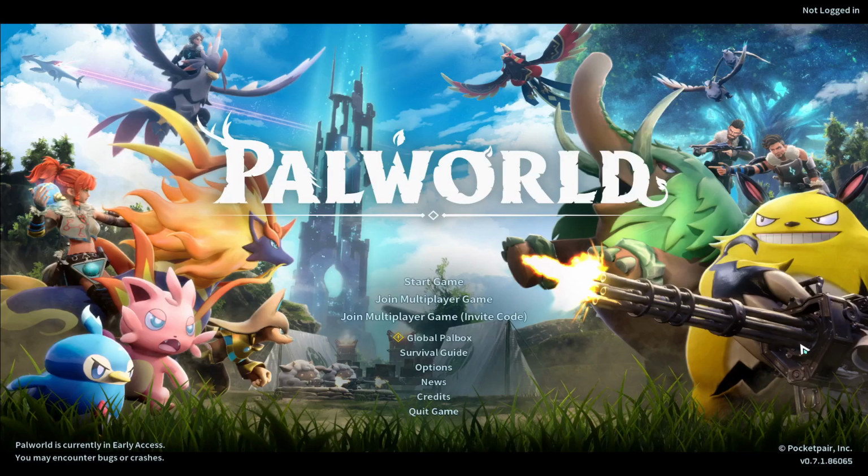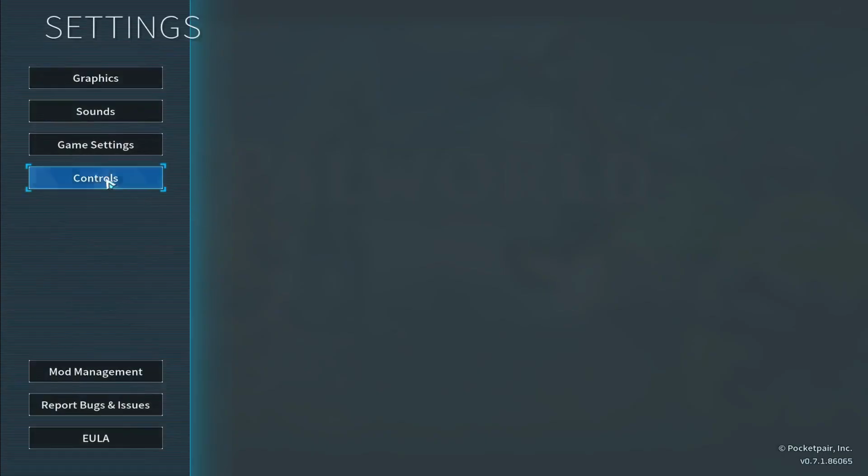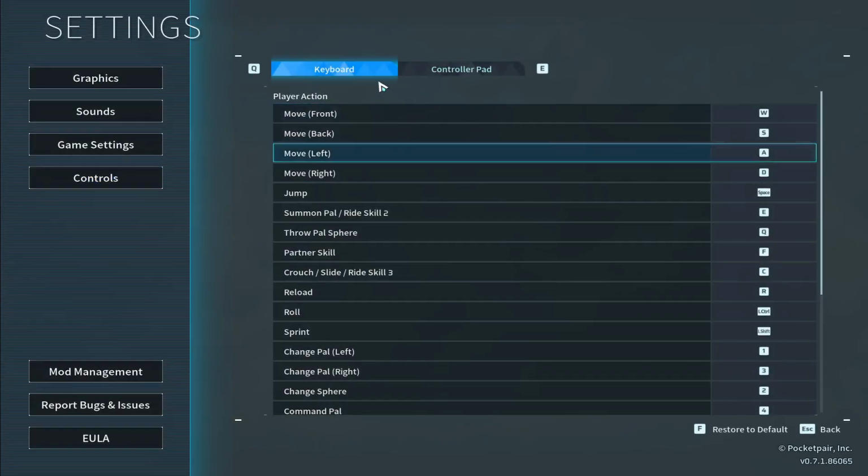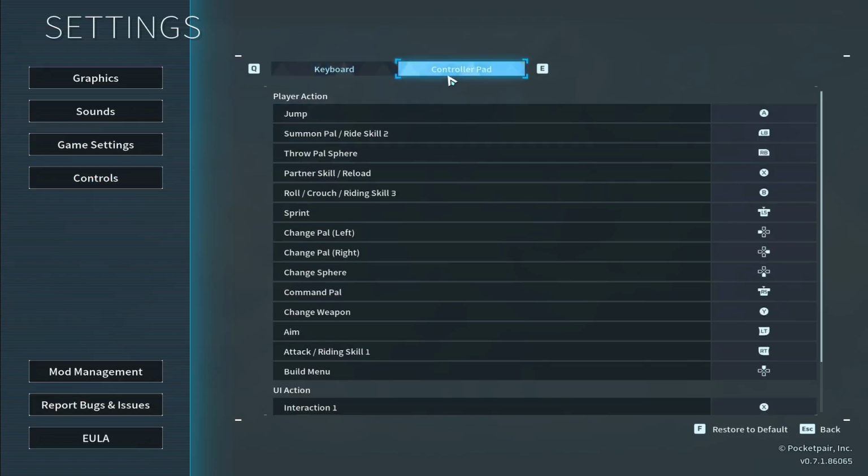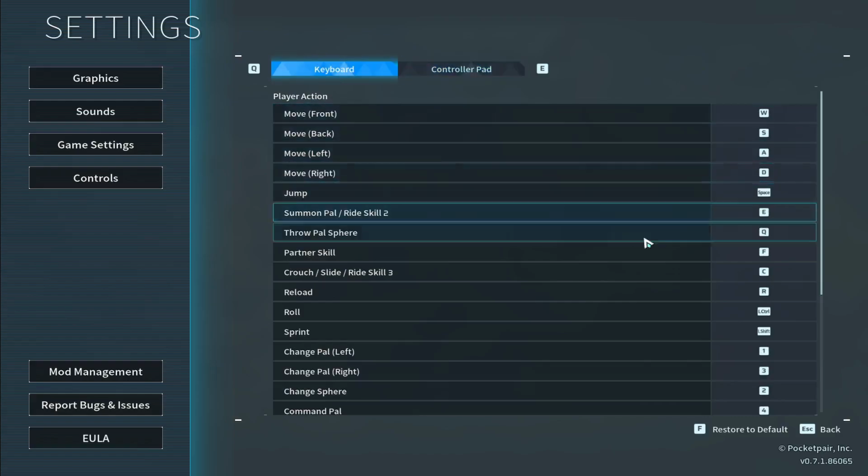First of all, open up the Palworld game on your device, and once you are taken into the main menu, in order to customize your controls, go ahead and click on Options. Then within the Options page, go into Controls, and now you can change both your keyboard as well as your joystick buttons. Go into whichever you wish to customize, and now you can click on the various different controls to